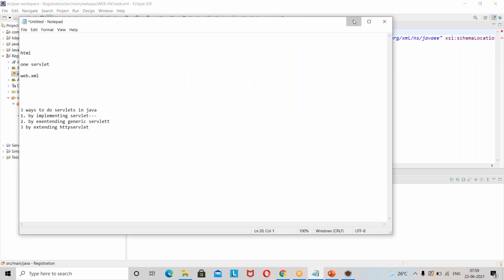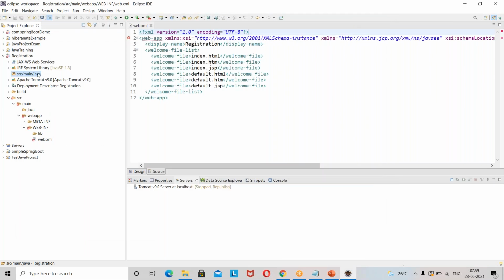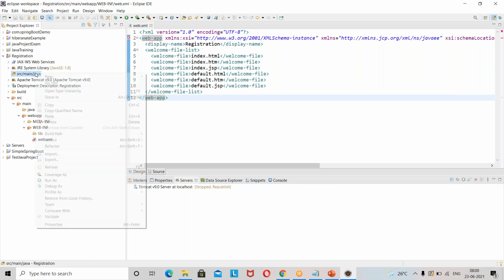We need a servlet class. So I'll be creating a servlet class. A servlet is nothing but a plain Java class which extends HttpServlet or GenericServlet or some other servlet class. By extending it, you will be getting some additional features. Just as you have an option to create a Java class, in the same way you will have an option to create a servlet.